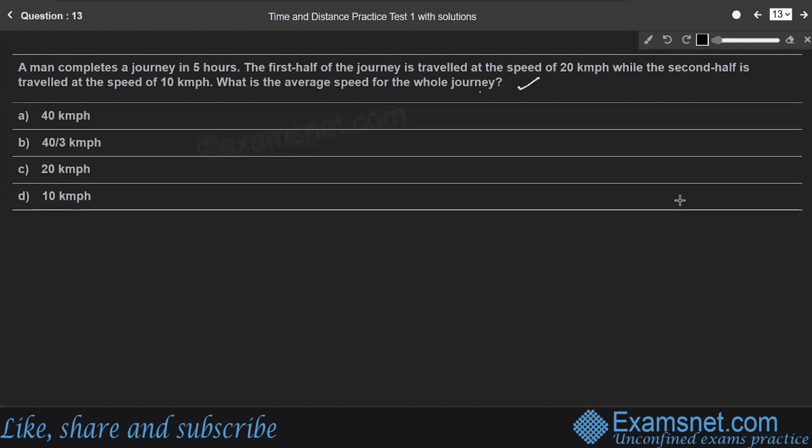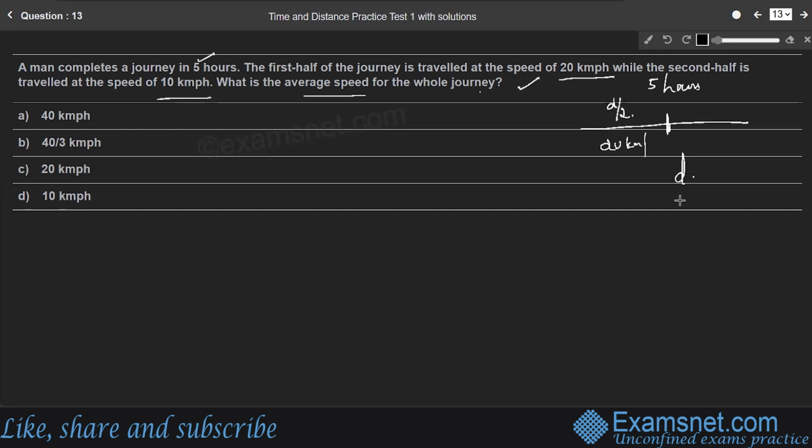Question 13. A man completes a journey in 5 hours. The first half of the journey is traveled at the speed of 20 km per hour, while the second half is traveled at the speed of 10 km per hour. What is the average speed for the whole journey? Here, the total time taken is 5 hours, right? The first half of the journey means the first half of the distance. If d is the total distance, d by 2 distance has been covered